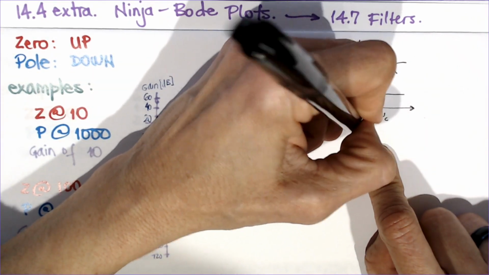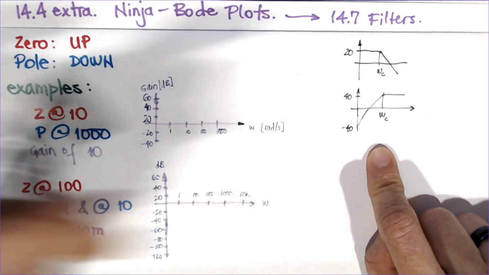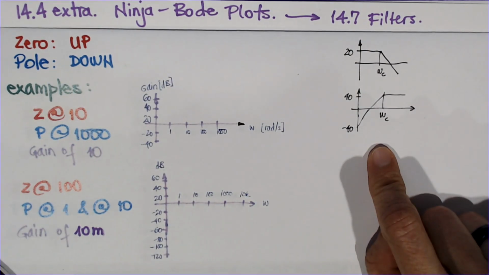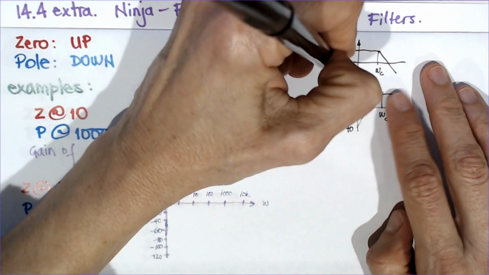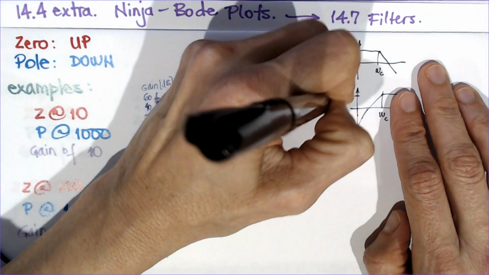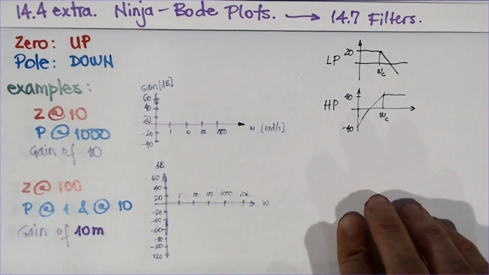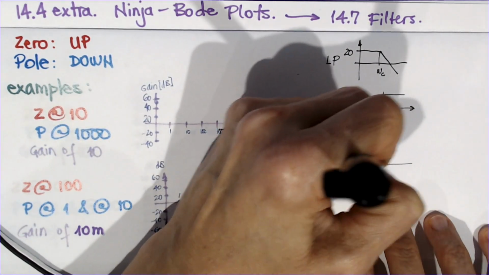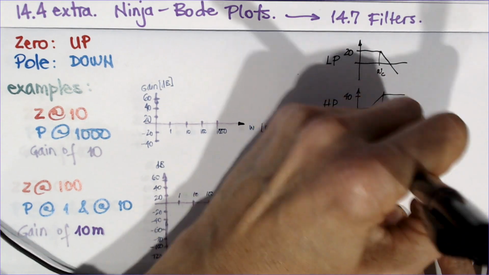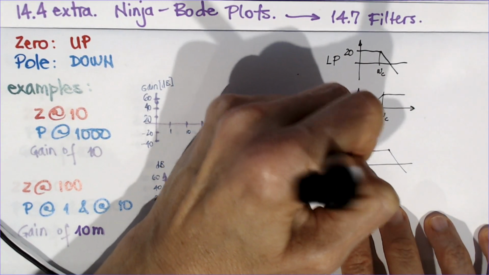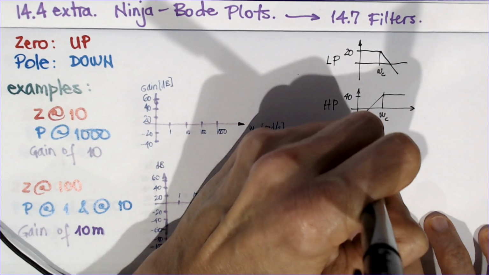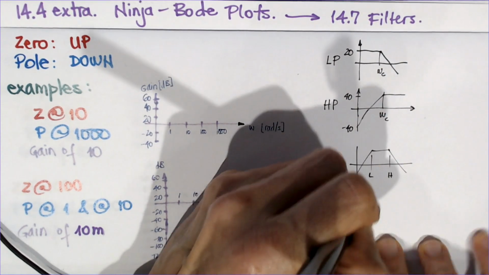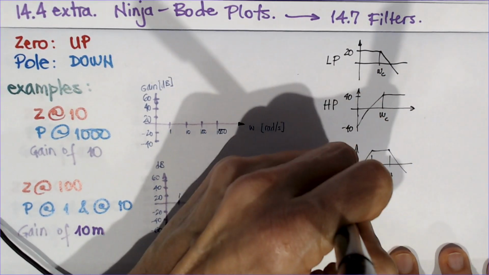And I'll put, for example, minus 40 here, which is a gain of 0.01, where you divide the signal by 100. So this is a low-pass filter. This is a high-pass filter. If you combine those two, obviously you have the other 2 kinds that we're going to see next class, which is a band pass, so you're only passing these frequencies here from a low to high, or a band reject,